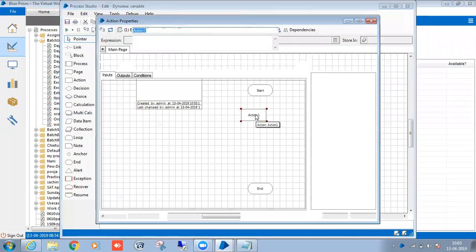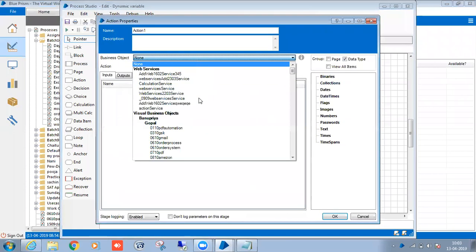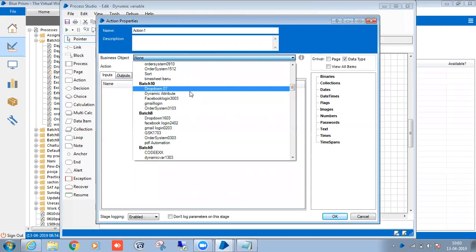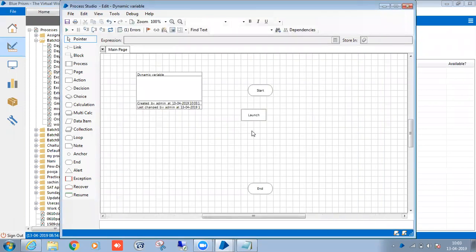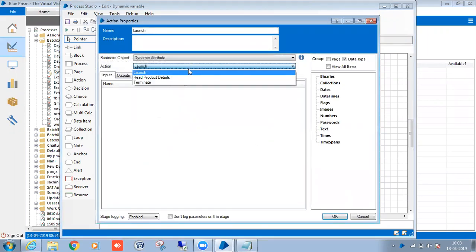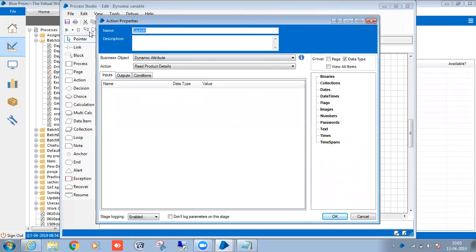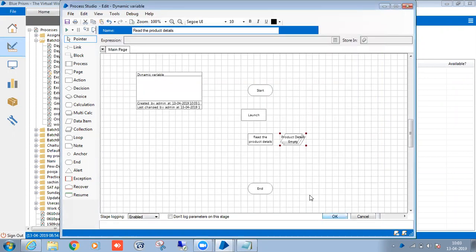So first what I will do, I will launch that application, right? Launch the application. Read the product details. It's going to use one collection.